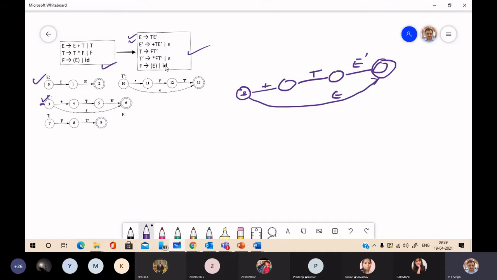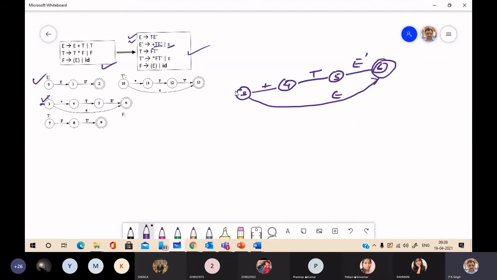We have two productions, plus TE dash, and epsilon. The states are 3, 4, 5, 6. Okay.